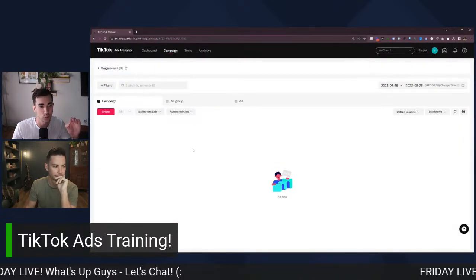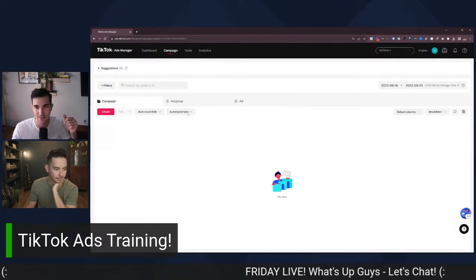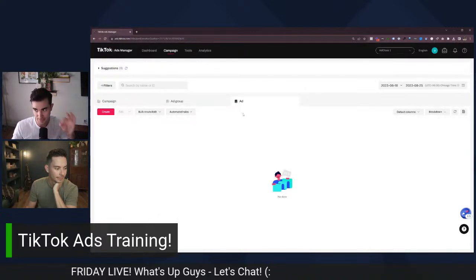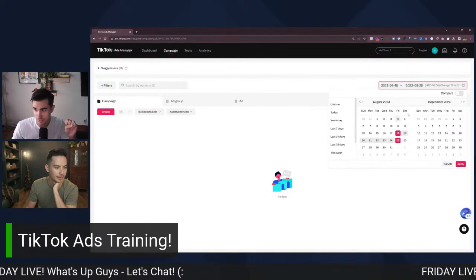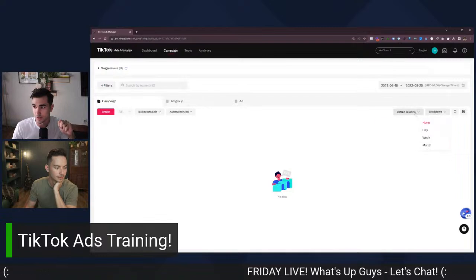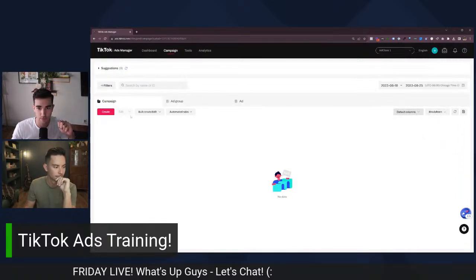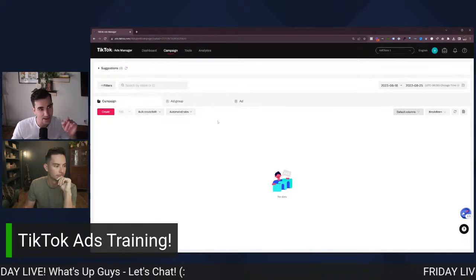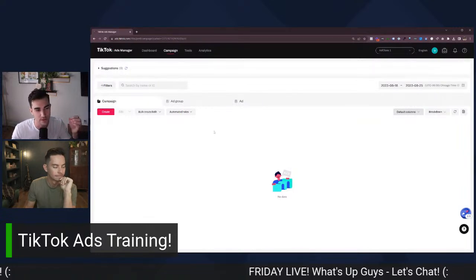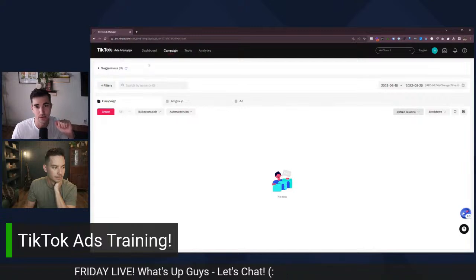So this here should look a lot like something you've seen before if you've ever run ads. We've got campaigns, ad groups, and ads, exactly like Facebook. Up here, you're going to see date manipulation, exactly like Facebook. And then you're going to even see breakdowns and default columns in the same place as Facebook, and a refresh button for the data really close to it as well. So this is nice. I think they probably did this on purpose. They're like, why would we reinvent the wheel? We want advertisers to be able to use this platform. And it really is very, very similar to Meta ads and Facebook ads.